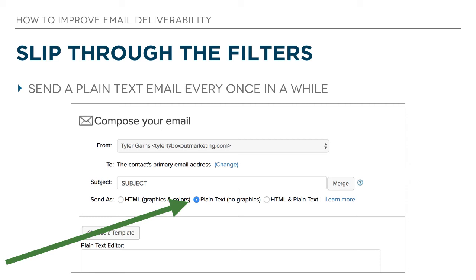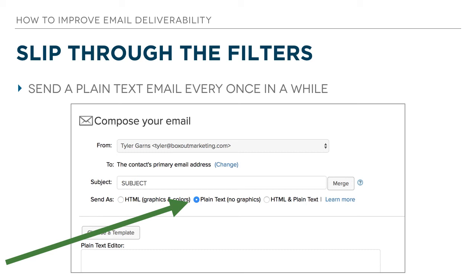So there's a couple of drawbacks to sending plain text email, and that is, one, you can't track open rates because there's no way to put an image in there and have it track the open of that image or the loading of that image, and that's how opens are typically tracked. And also, you can't format the text. So you've got to use your own ways to call things out in that plain text email. So those are the drawbacks,